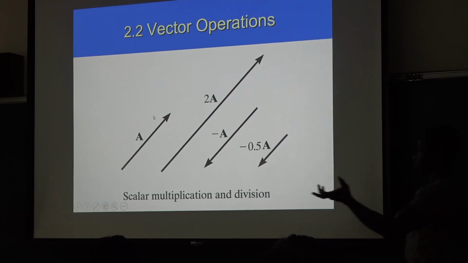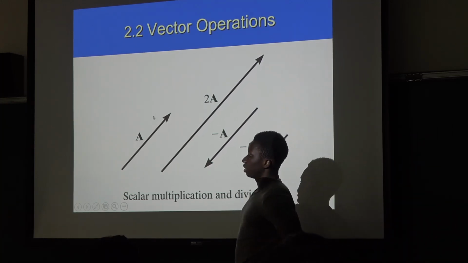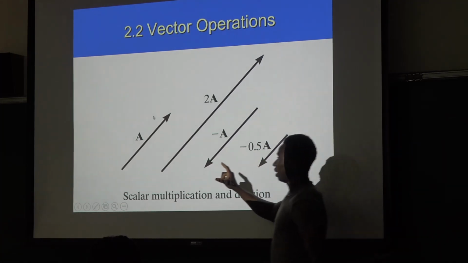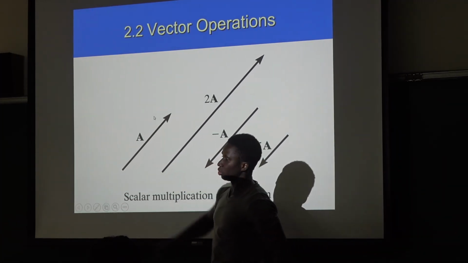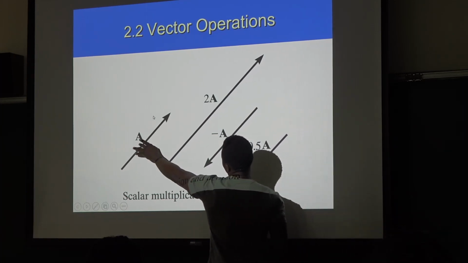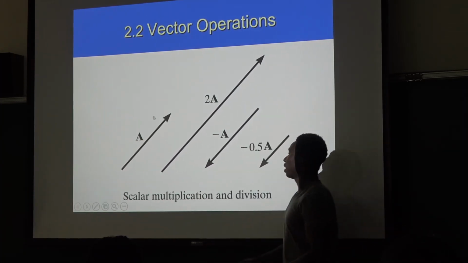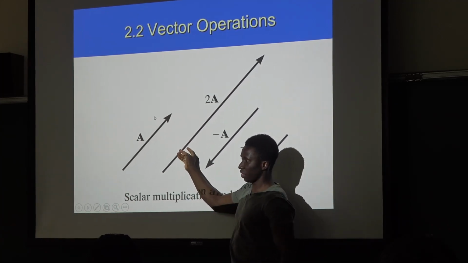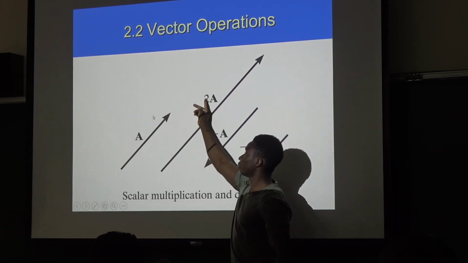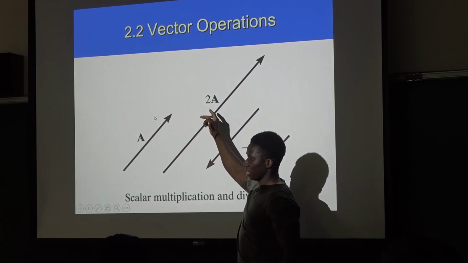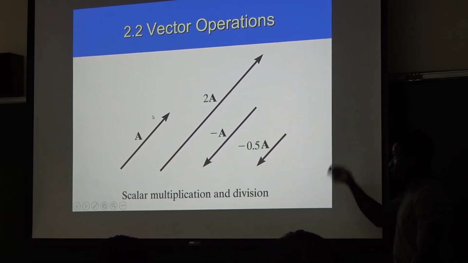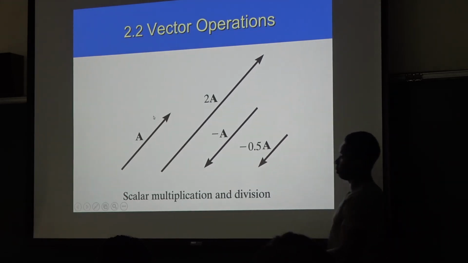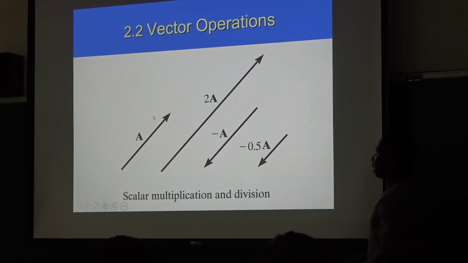Okay, and as we stated, the size of a vector can be represented by what? The length of the arrow. So this is A. The magnitude for this is A. And the size of this line, in our imagination, is twice the size of this. So what will be the size of this? Then it will be 2A. Because in our world, we already believe that this vector can be represented by the length of the line. Okay? And now,